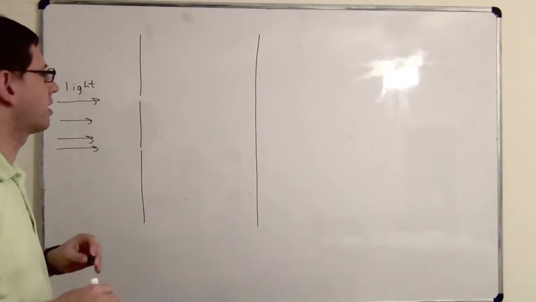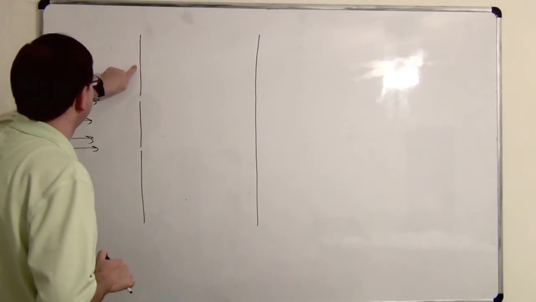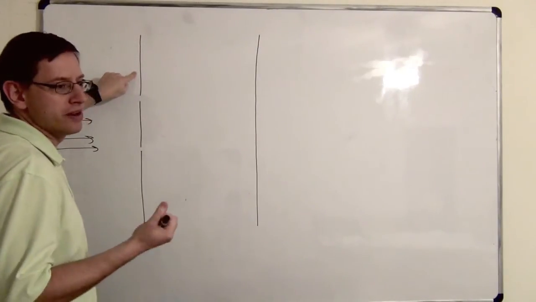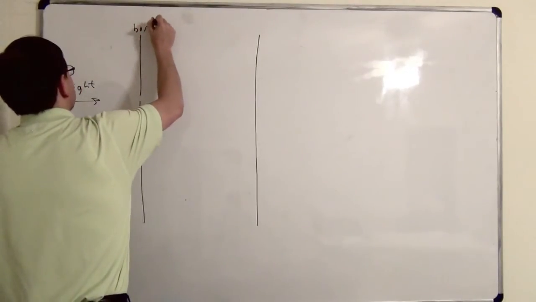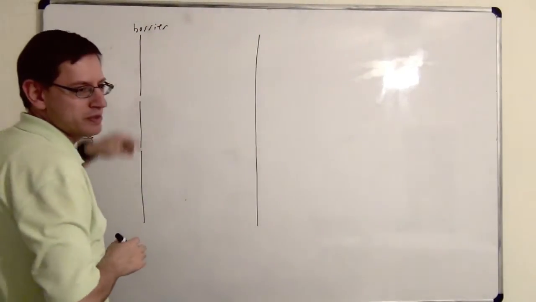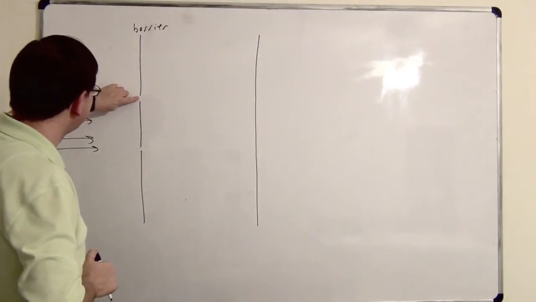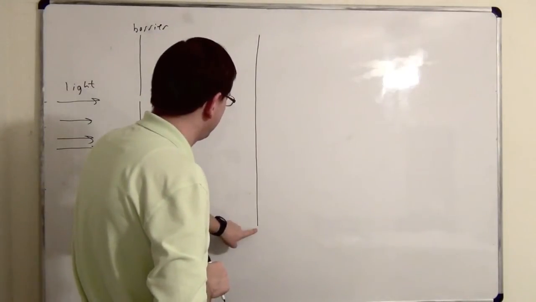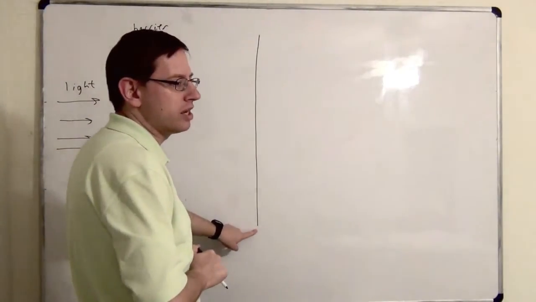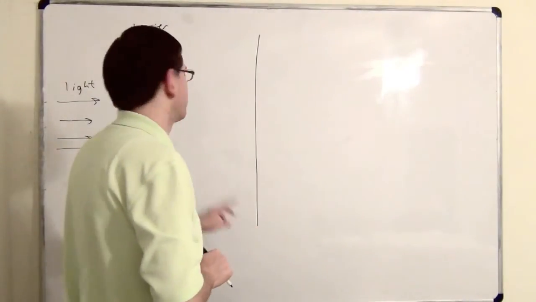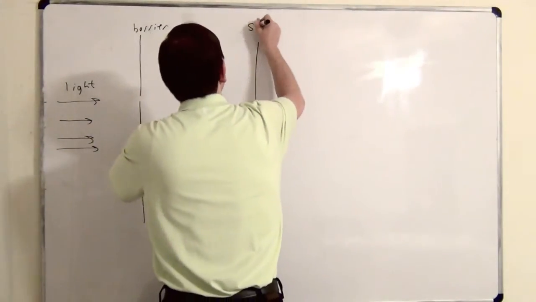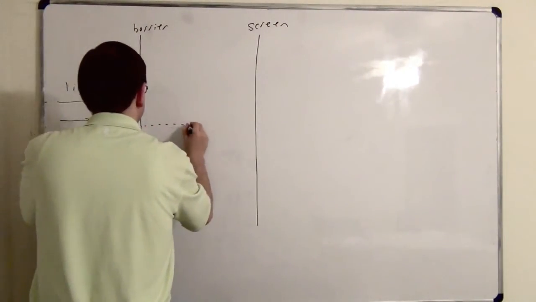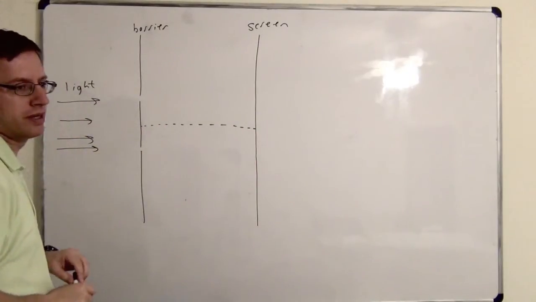So let's make sure we understand everything on the page here. So what's this? A wall? Yeah, it's just a barrier of some type. The key thing is you would not want to make this out of glass. That would defeat the whole purpose. What's this? A slit. That's one of the slits, and here's the other slit. What's this? Another barrier? Now, here we don't just want a barrier, we want a screen, right? Because we want to see where the light is hitting. It helps to draw a central axis like we did on our optics problems.